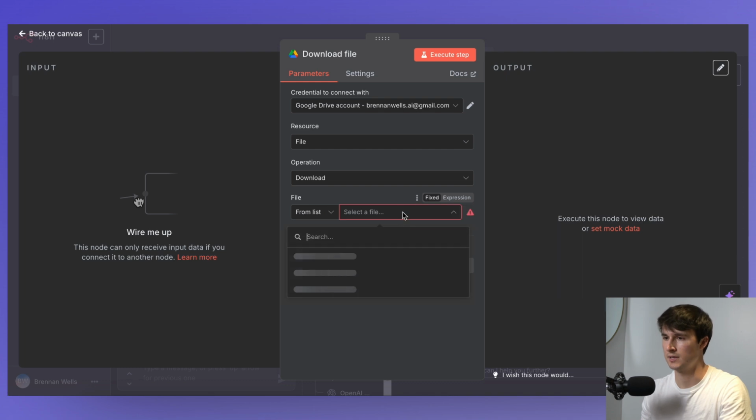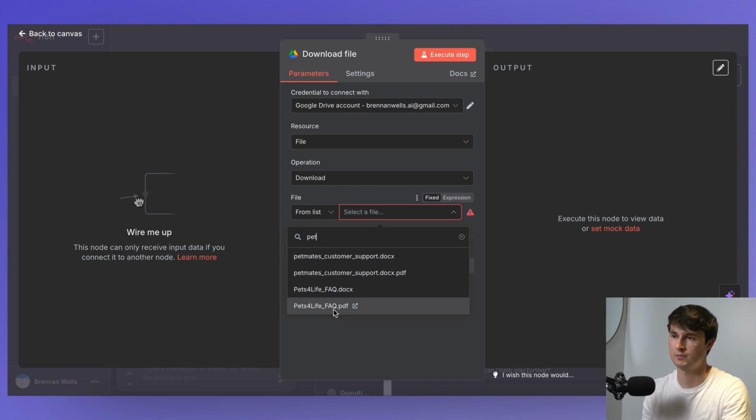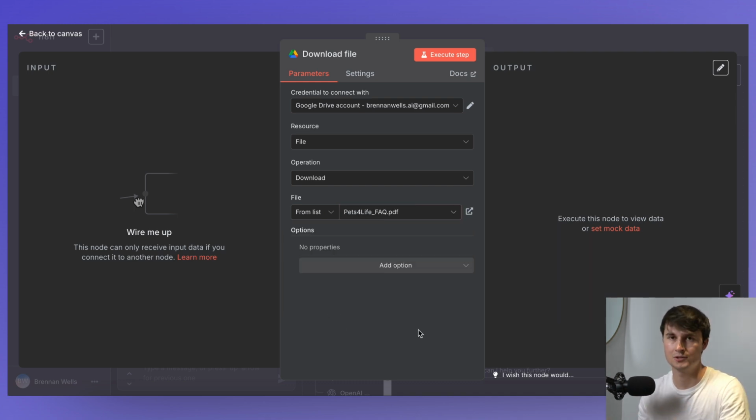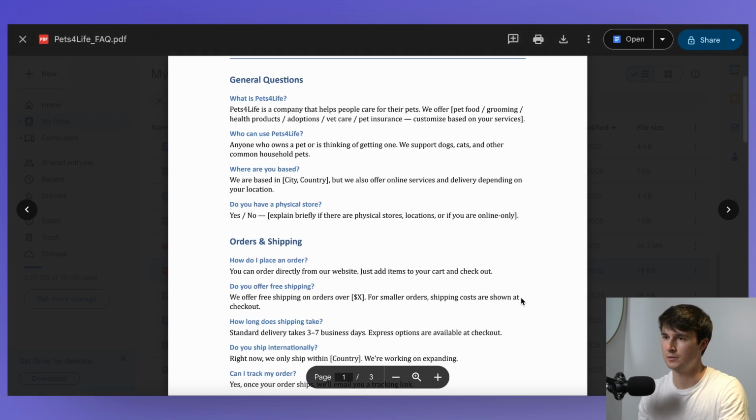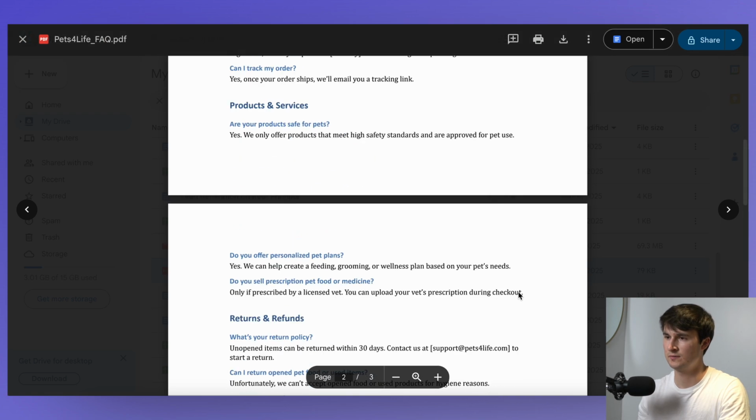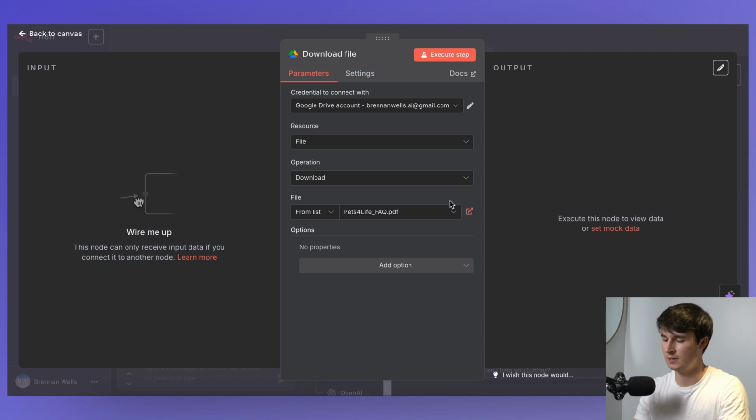Then we're going to select the specific document that we want to download. So I'm choosing this Pets for Life FAQ document for a fictional pet shop company. So here's the document that I will be uploading to Supabase. So that's perfect. Now that we have that node set up, now we can add a Supabase Vector Store node